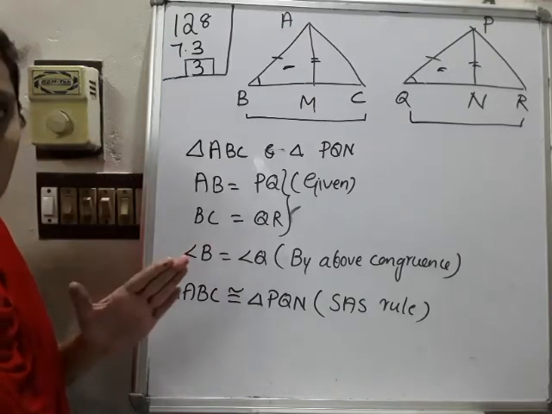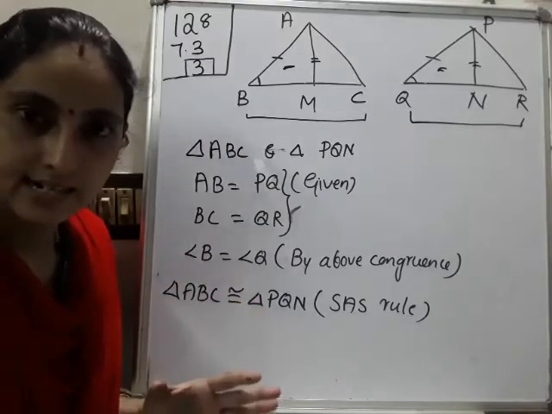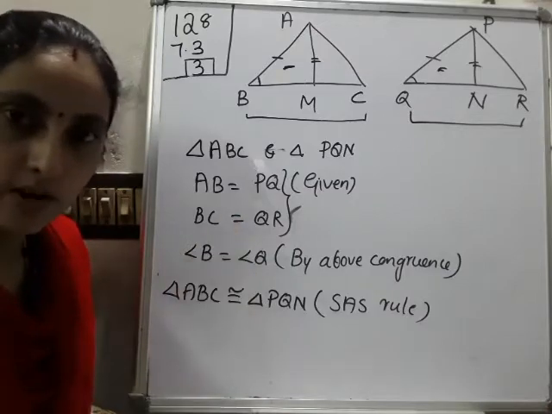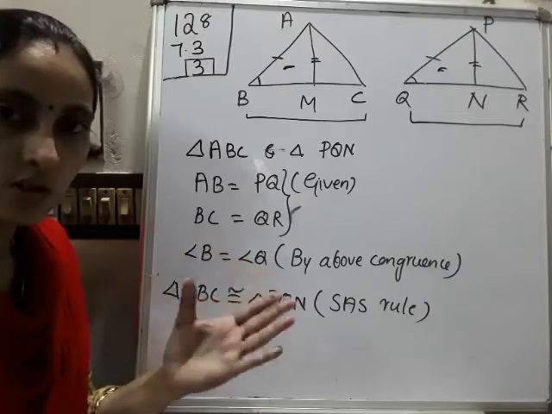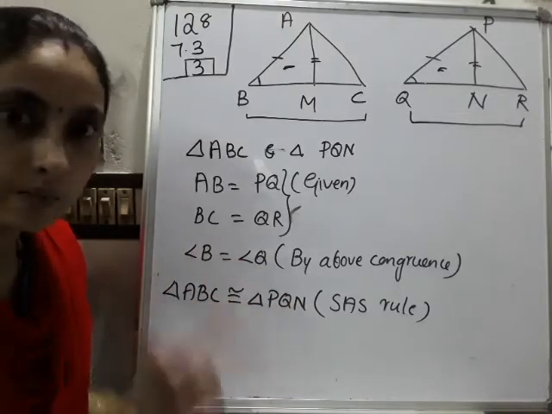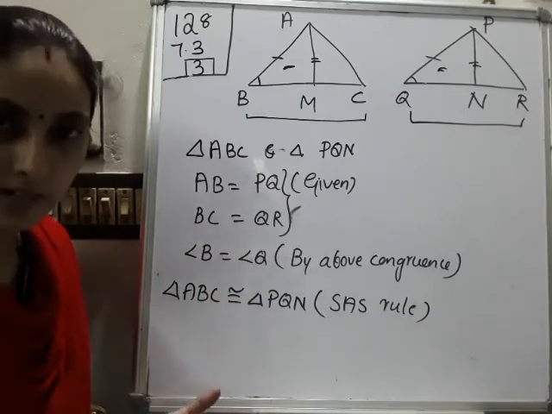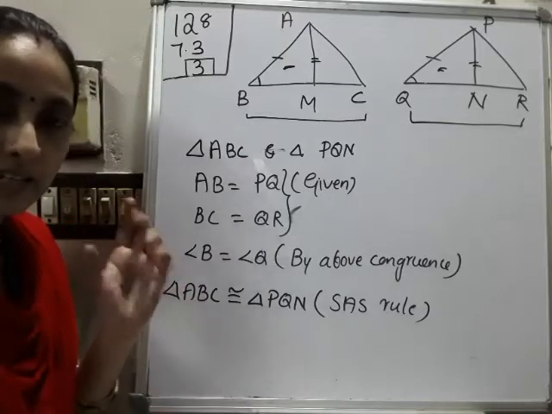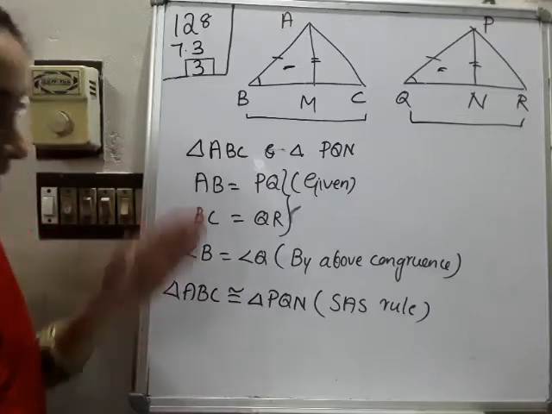So this much is this question. One thing: altitude means what? Angle is 90 degrees. Median means the midpoint. Don't be confused between the two terms. Altitude means 90 degrees. A median may not be 90 degrees; it is not compulsory. In some cases it will be equal to 90 degrees, but an altitude must be 90 degrees. Okay, so please write down the second part also.